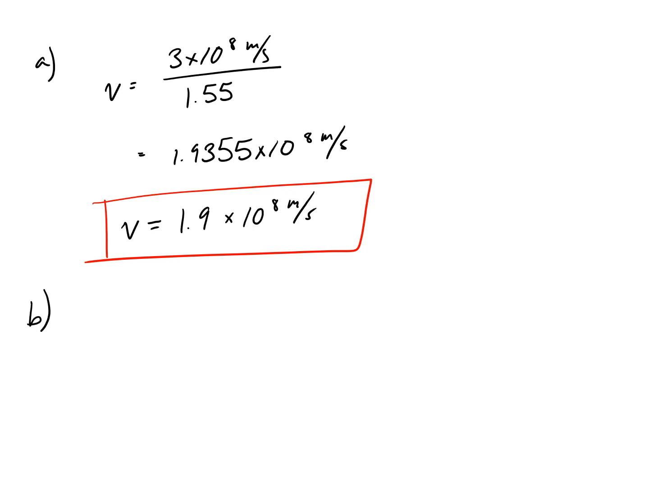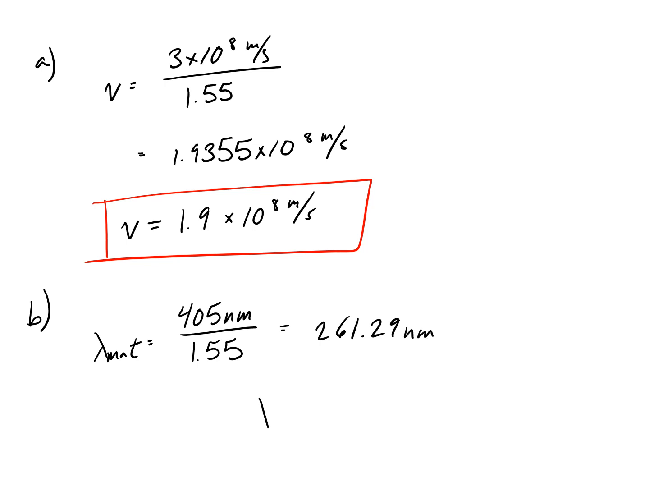For part B, we are taking our wavelength and we want to find the wavelength in the material. It's the wavelength divided by the index of refraction. I'm going to keep it in nanometers because usually we give our wavelength in nanometers. So 405 nanometers divided by 1.55. Taking that and plugging it in, I got 261.29